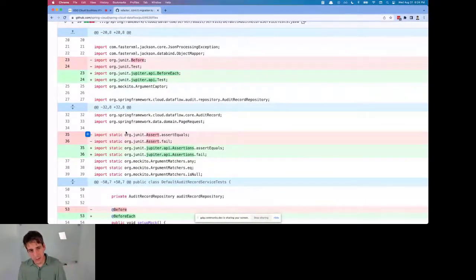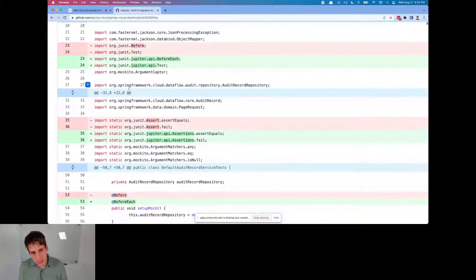We leave this PR open just for this purpose, but they had been working on this for 18 months. Thousands and thousands of tests. And there was a point where if you didn't go from JUnit 4 to 5, you can't migrate from Spring Boot 2 to 3. Spring Boot 2 is retired, and now you're in trouble, basically. So every org.junit.Before has to be an org.junit.jupiter.api.BeforeEach now, because they changed the name. And so I've got to change all those imports.